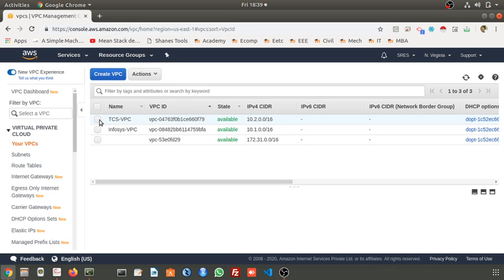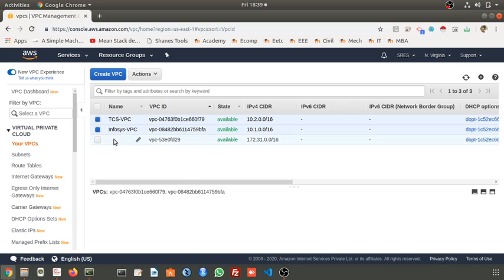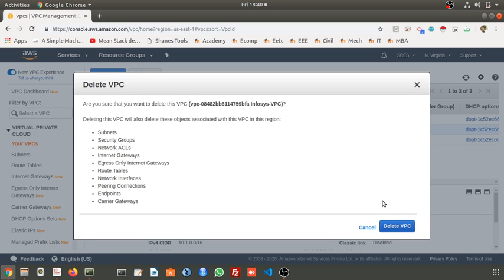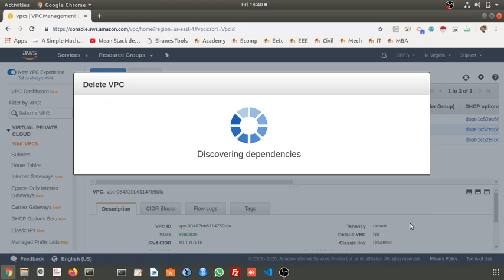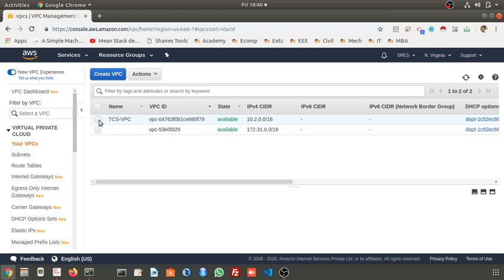Let me delete them. Once you delete the VPC, everything will get deleted, whatever the subnets, security groups, everything. This is deleted. Okay, let it be as it is. I will create the new VPC now.